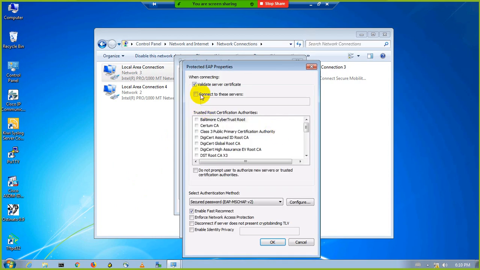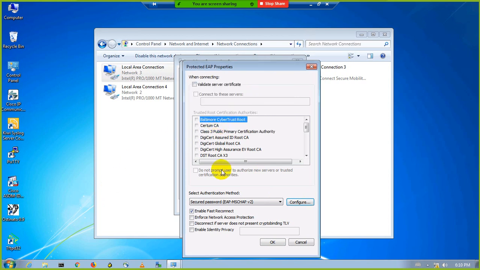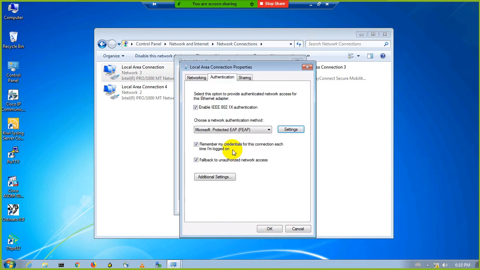Go to settings and uncheck validate server certificate because you are not using a certificate. Here is MSCHAP. I just enabled the MSCHAP protocol. Configure and uncheck this one. It asks, do I use the Windows login name? Because our PC is not a domain PC, I say no. Okay and okay. Two things I changed and I enabled this one.